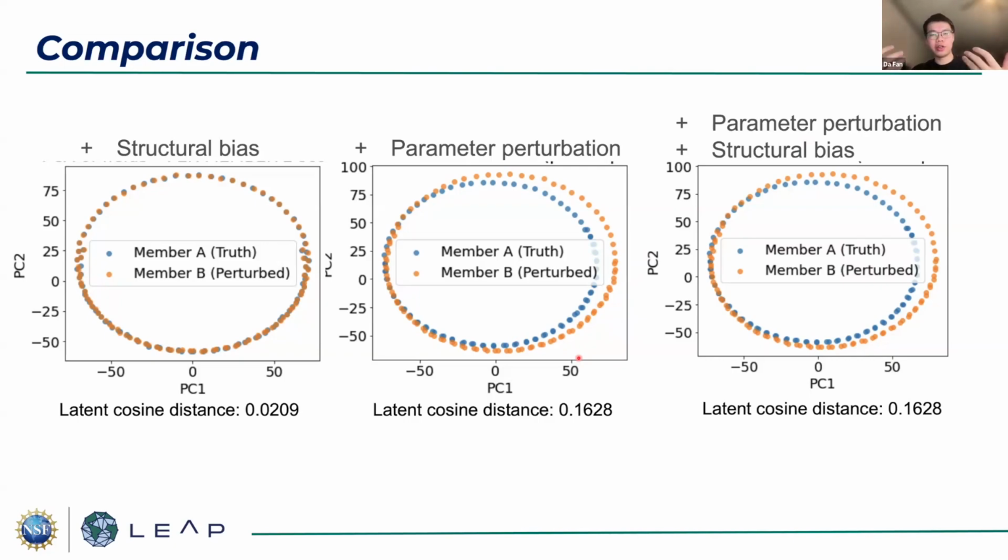And of course, this is just a toy example. It's not the same as our complex climate models because the structural bias is not a constant in our real climate models. It could be dependent on many different factors, and the changes of physical parameters are also not the same as the ones in the real climate models.